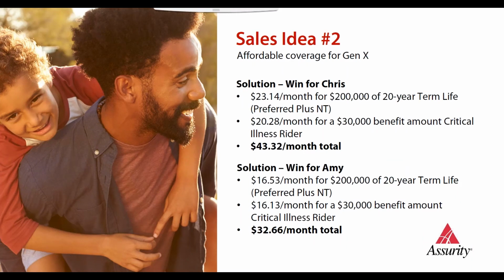And with Amy there, it's $16.53 for $200,000 of 20-year term at preferred plus. Her rider is $16.13. So total premium of $32.66. Add that together, it's $75 a month. Pretty affordable coverage. I talk about that CI rider, how great it is for the clients, but think about you